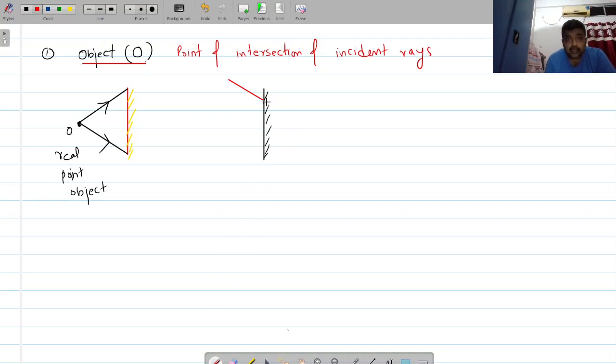So here, this is the incident ray. This is the virtual side behind the mirror. And then it is going in this direction. So here the incident ray appears to intersect at this particular point. Now this is the object, but here it is actually intersecting, so therefore it is a real object. Here it appears to intersect, so here it is called virtual point